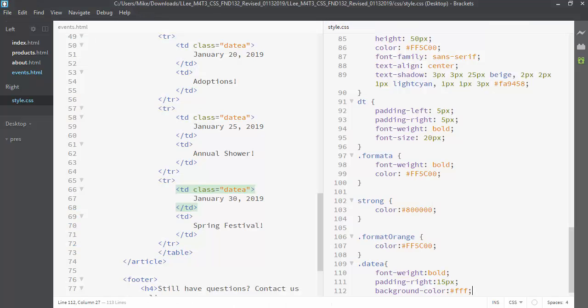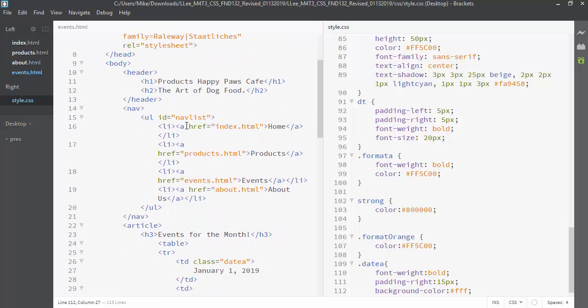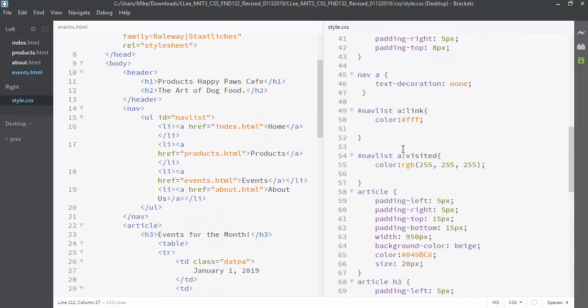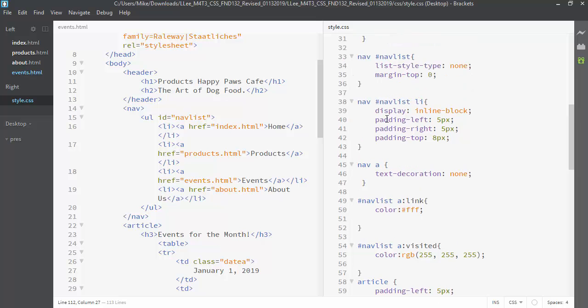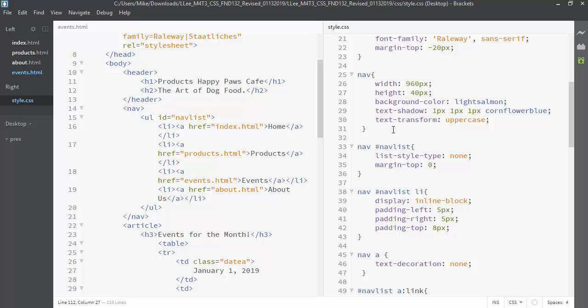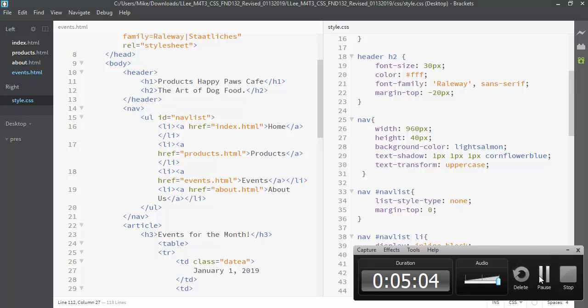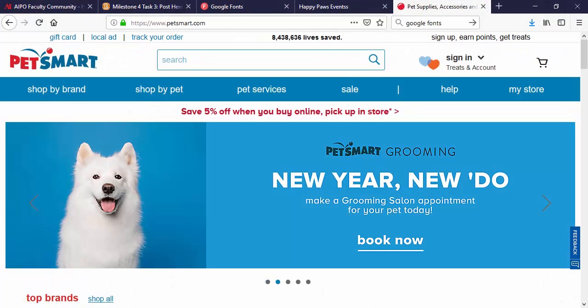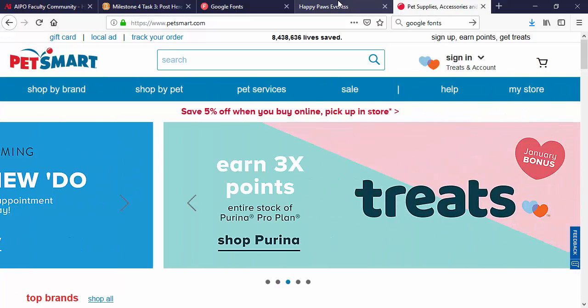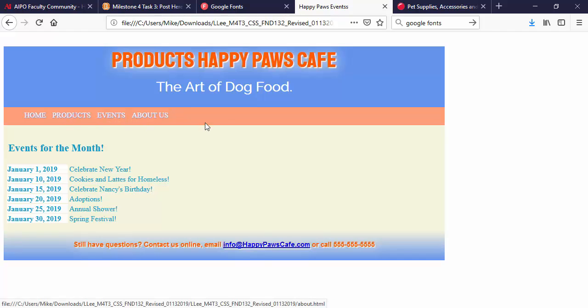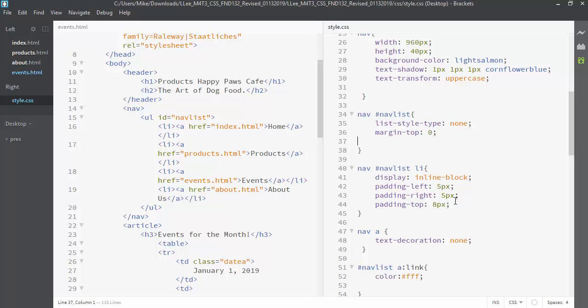Actually, another thing with your navigation bar. Let me see how your navigation bar is set up. You set up with nav list. Well, I think what you need to do here, kind of like with PetSmart, see how this goes all the way across and the text has a lot of space in between. I think what we need to do is add a little extra space in between and then make sure it's centered. Since you're working with padding, you can experiment here